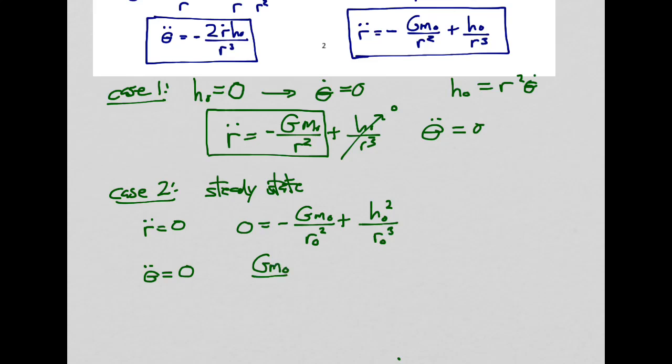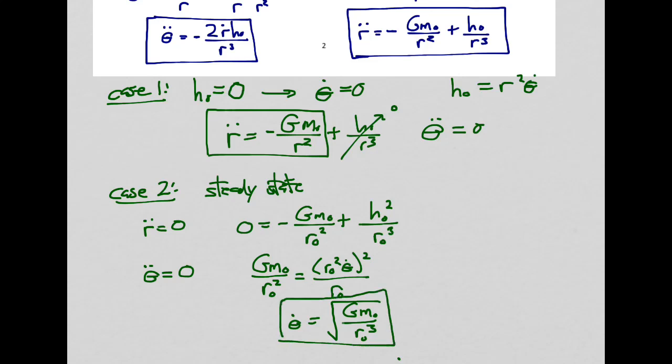So we get G times the mass of the big object divided by r naught squared is equal to, and let's plug in the actual terms for our specific magnitude of the angular momentum, so we'll get r naught squared multiplied times theta dot, total quantity squared, divided by r naught. Then this gives us theta dot is equal to G multiplied times the big mass divided by r naught cubed, the square root of the entire piece. And so from this,